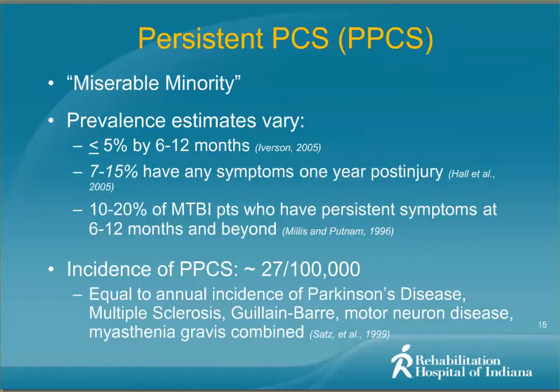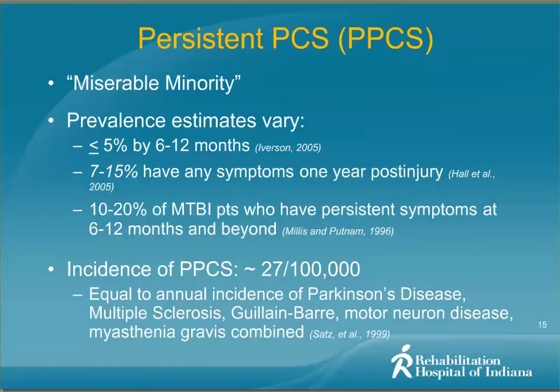The estimations of prevalence vary widely. Anywhere from less than 5% endorsing symptoms at 6 to 12 months, then 7 to 15% endorsing symptoms 1 year post-injury, and then 10 to 20% having persistent symptoms at 6 to 12 months and beyond. So, very rough estimates of the prevalence of persistent post-concussive syndrome are somewhere around 27 in 100,000,